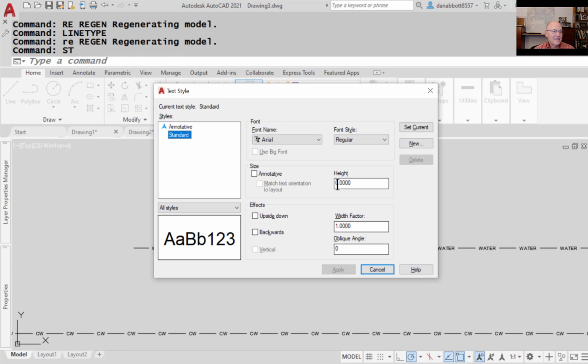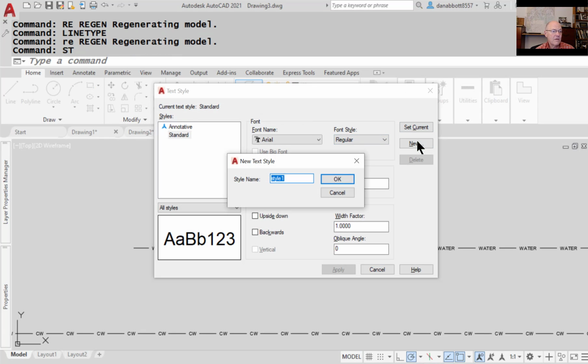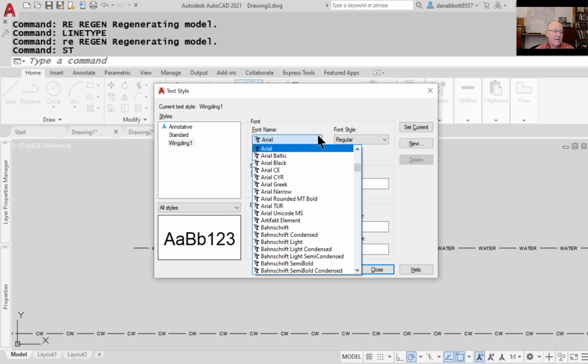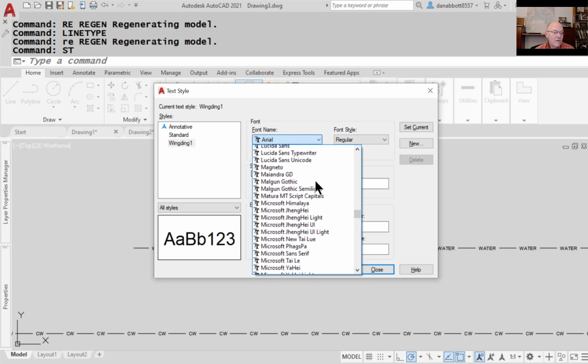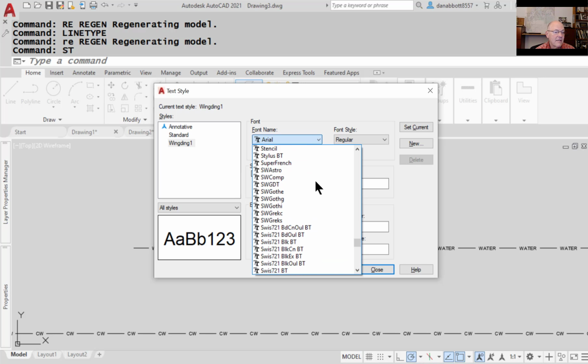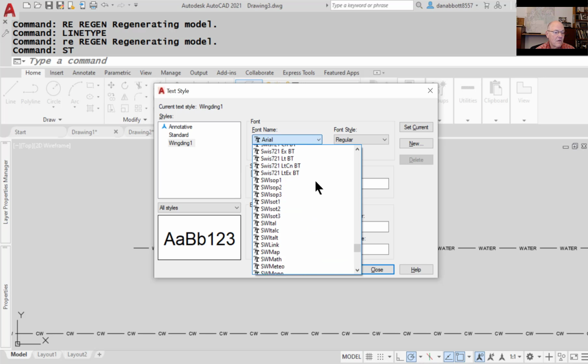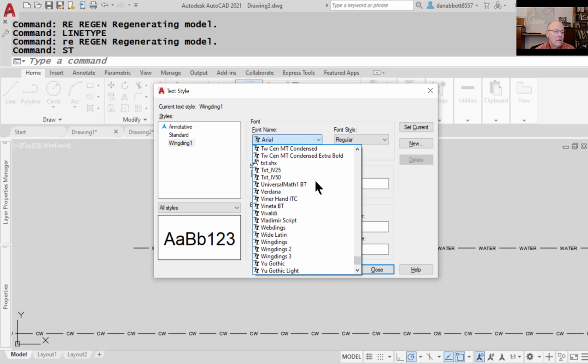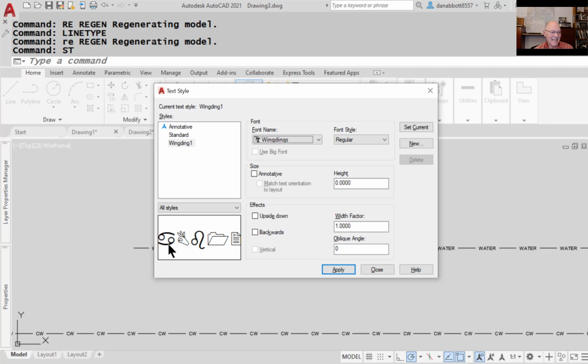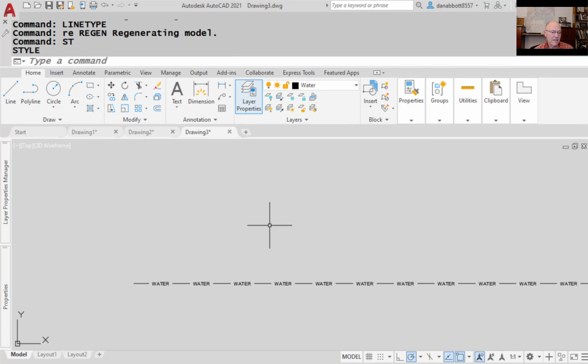Now, the interesting possibility that this brings up is this. I'm going to go back into style and I'm going to make a new text style called Wingding1. I'm going to pick OK. Now I'm going to go over here and I'm going to set Wingding1 as the font that style is based on. And it is, I guess it's called Wingdings. So Wingdings happens to come up with all these funny little characters here. So we close it up. And I'm not going to use that as a font. Although,